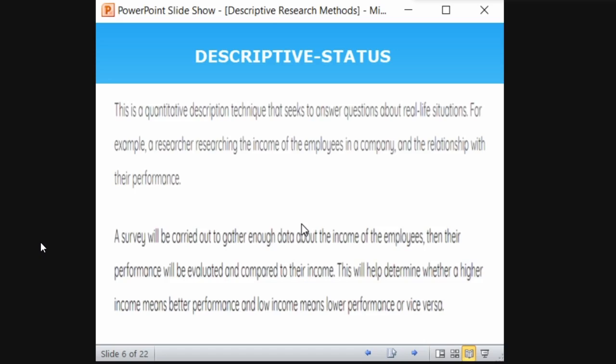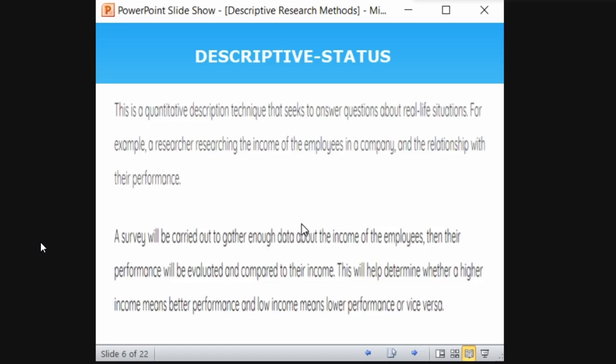So they will have different kinds of salaries according to their level, and collecting the details of the salary. What the institution does is, there is a role for the principal, a role for the teacher, a role for the librarian. So if the librarian is collecting a certain salary, is he performing his job or not? So the performance is evaluated, and after evaluating the performance, they are comparing the income with the performance.